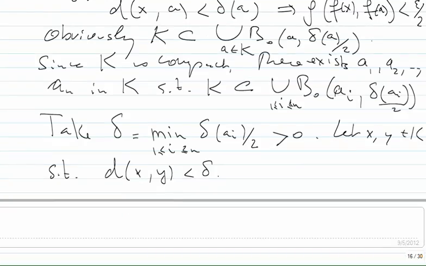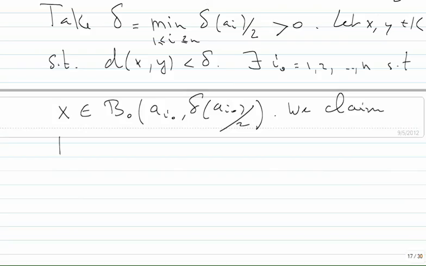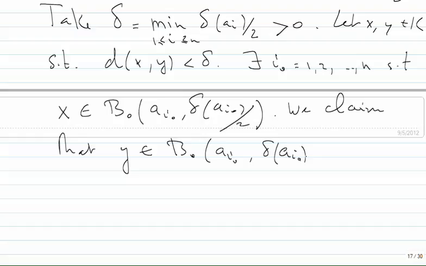Okay, so first there exists an i0 such that x belongs to the open ball of radius delta of A_i0 over 2, and we claim, if everything is well done, that y belongs to the open ball centered at A_i0 with radius delta of A_i0 over 2. Indeed,